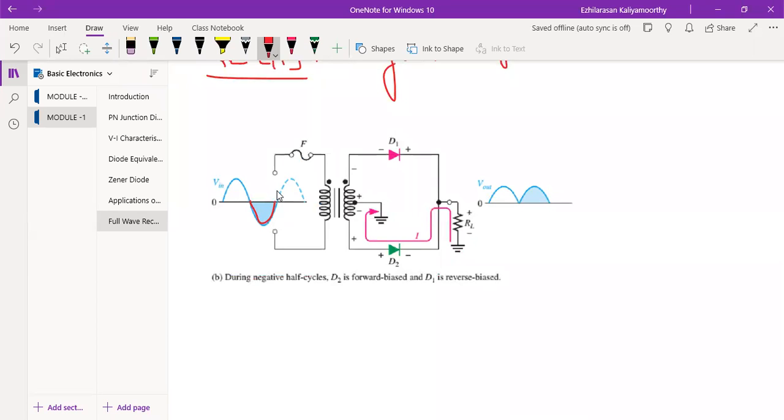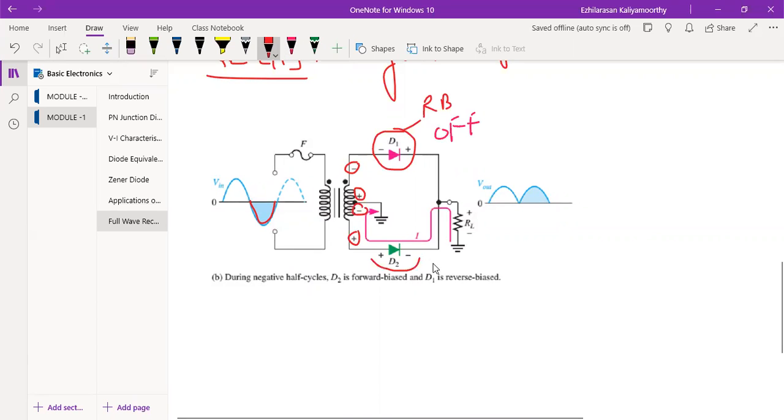What happened now during the negative cycle? In the sense, I get minus. Okay, see here, minus, that is negative cycle, minus plus. Again, minus plus. So what happened now? The diode D1 will be in the reverse bias. So if it is a reverse bias, this will be off. Now, same, what is D2? The D2 is forward bias. Then the diode is on.